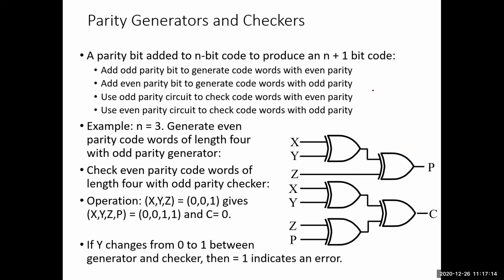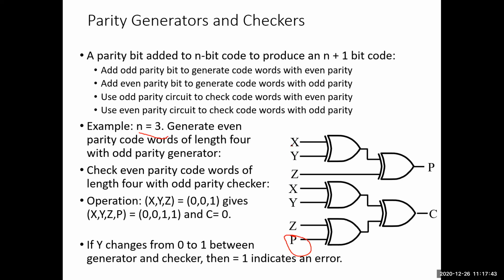So see now, a parity bit, you can see now this P. In the previous case I have told, I'll show you how the parity will be added. This is a parity bit. P is there. So a parity bit is added to the n bit number, where my n bit number is equal to 3. In this example I have taken n equal to 3, which means my inputs are x, y, and z. So now a parity bit is added to this n bit number.